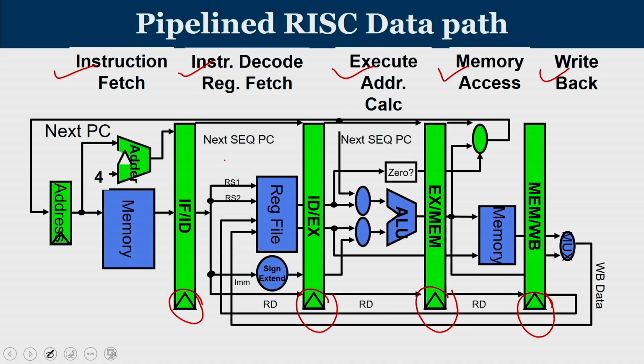This is the output pipeline register for the second stage and this is the input pipeline register for the second stage. The output pipeline register for the second stage acts as the input pipeline register for the third stage, and so on. So, every unit at the beginning of the clock cycle will accept the input from the input pipeline register, perform the operation using its combinational block and write the result in its output pipeline register, which in turn is to be used by the next subsequent stage.